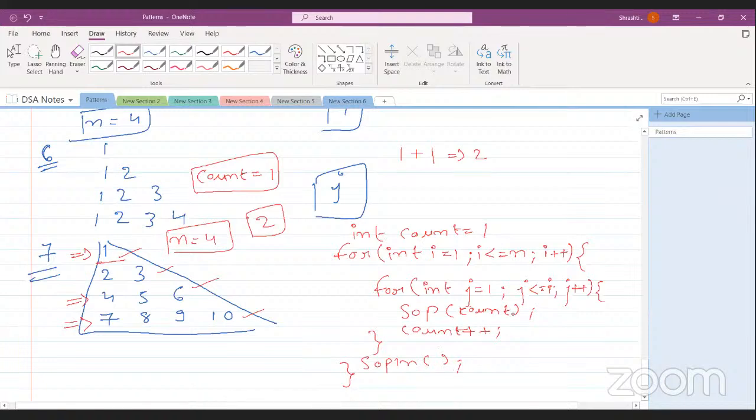Okay. So initially count value was 1. Let us trace it out. It will be better. I is equals to 1. N value is 4. So obviously it is less. It entered. J is 1. And j is equals to I, that is 1. So it entered. Count value is,